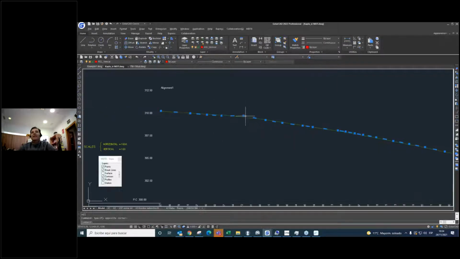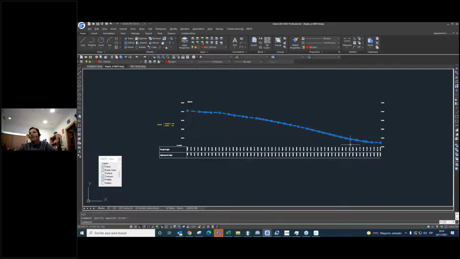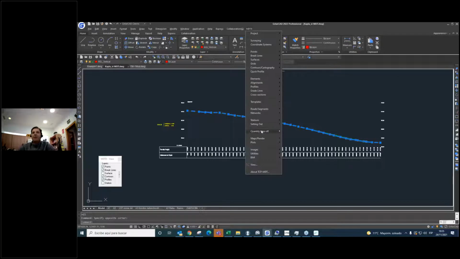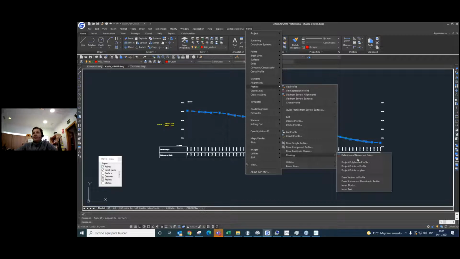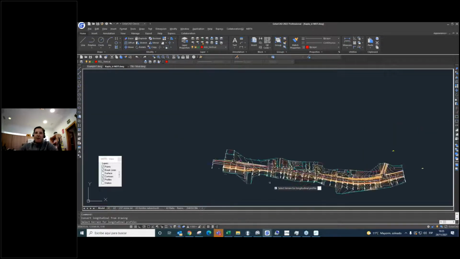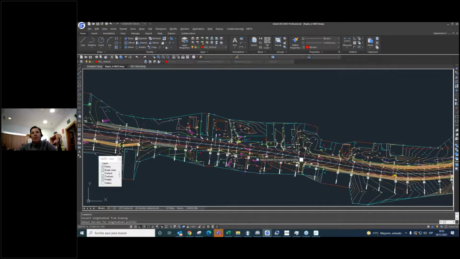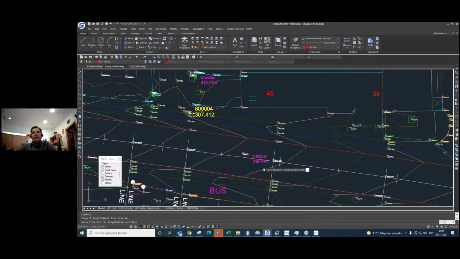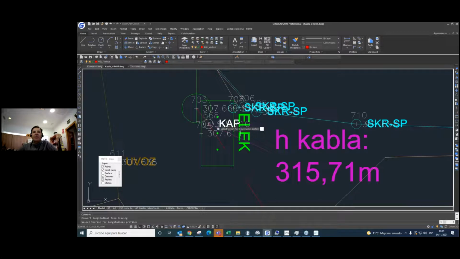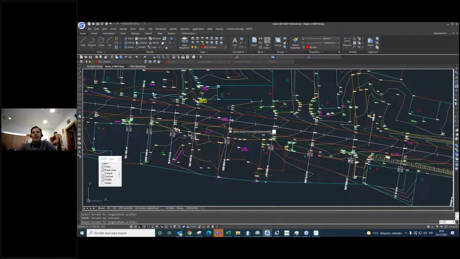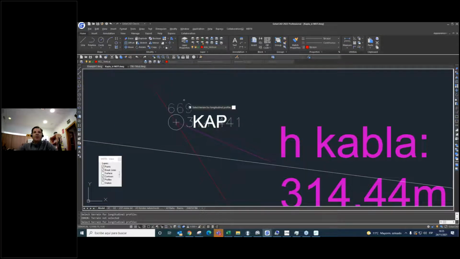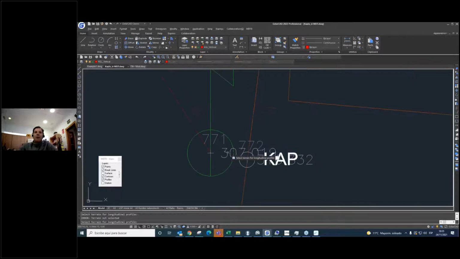This line, this 3D polyline, projects in the profile, or maybe we can use drawing, profile, drawing. We are going to project some points in this profile. For example, there is a keyboard here. We can profile this. No, I'm going to project that point. This is the cable. Okay, I'm going to use this point to project in our profile.